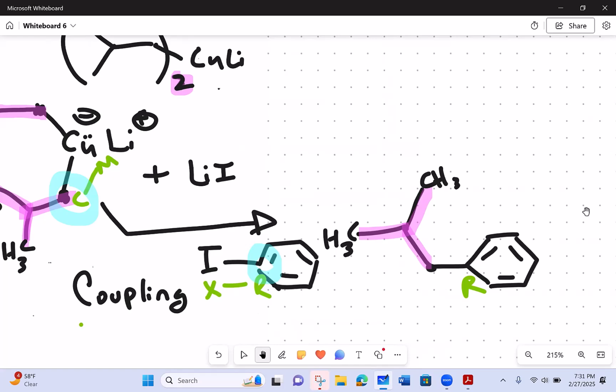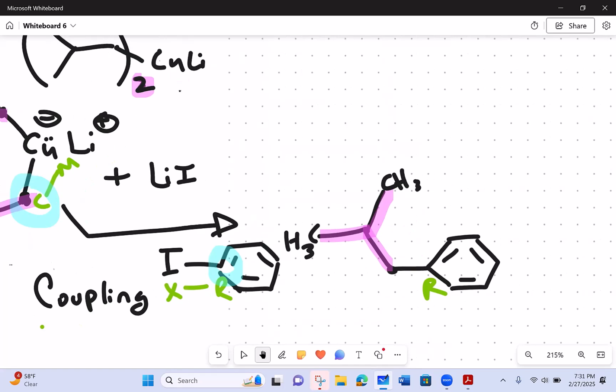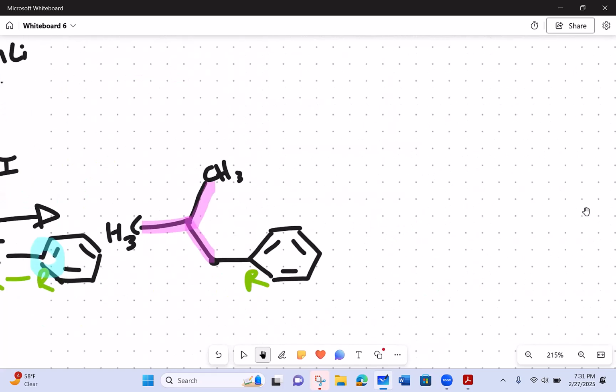Right. So let's show that. We only couple with one. So we're going to redraw the copper like so, with that one group still attached to it. But that's like the byproduct, right? It is, it's a side product, it's trash. We can't use it, but we still have to show it. So that's the other part. And then plus